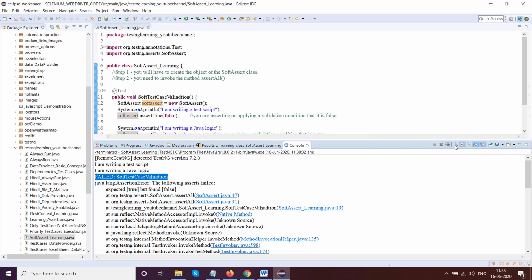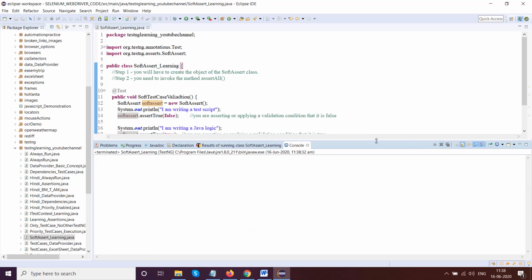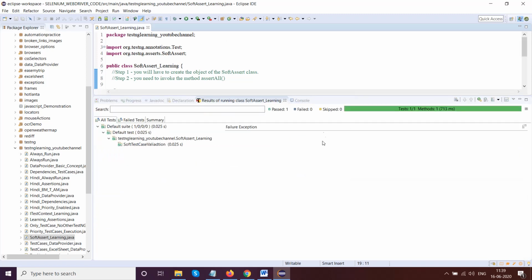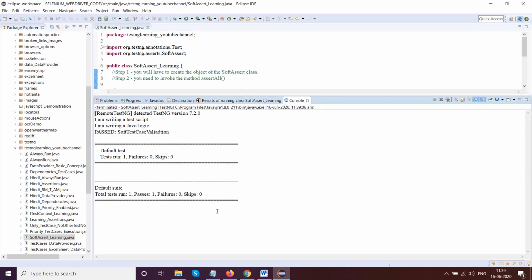Now the question here comes again, why this? Why assert all? What does this do? See, if you do not introduce this, that means soft assert is not giving you any sort of exceptions. This method is very important to determine what exceptions you are getting. Okay, now let me run this. See, it is passing.